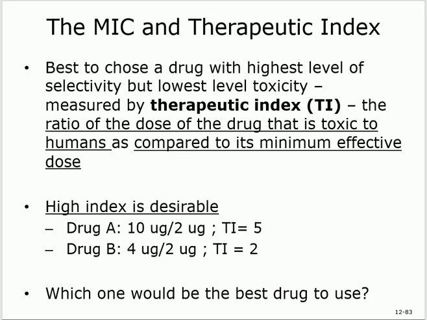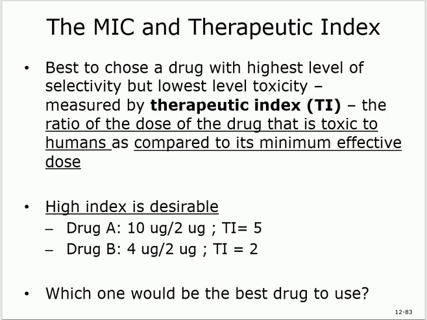Okay? Like if I give you 2 grams, this is the minimum effective dose and it's going to work. If I give you 4, 6, 8, that's all okay. If I give you 10, it will become toxic now. It's a relationship between what's toxic and what's the minimum effective. Is that clear? The bigger the index, the better the medication is.